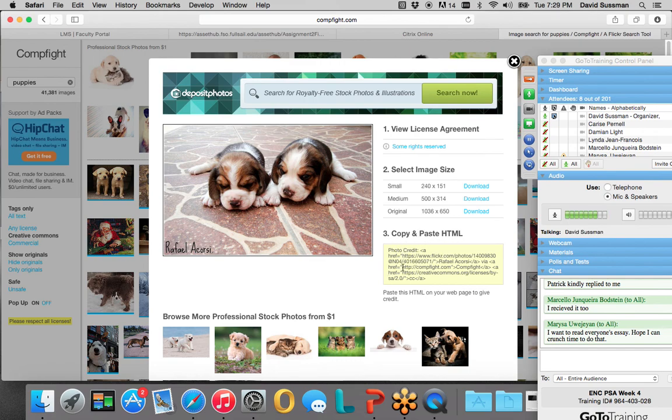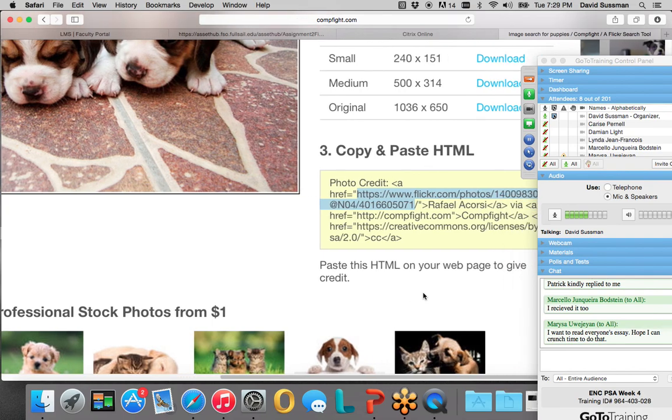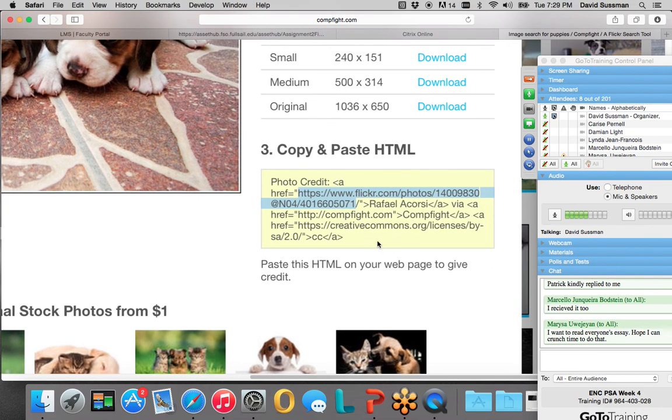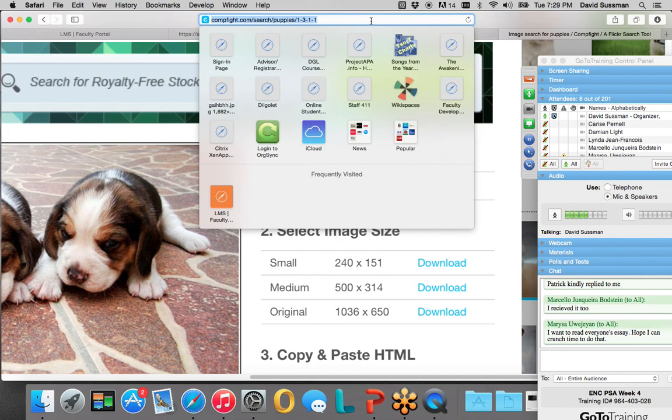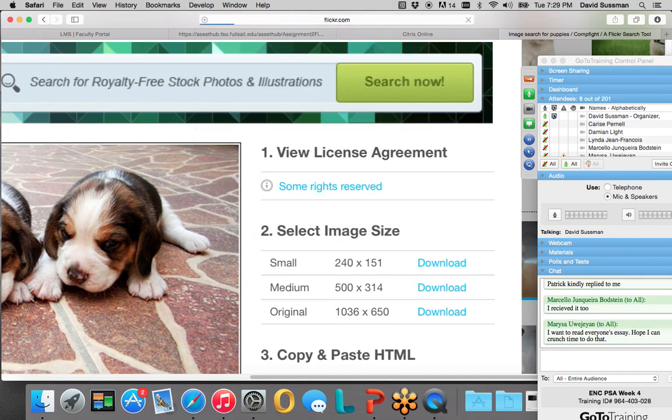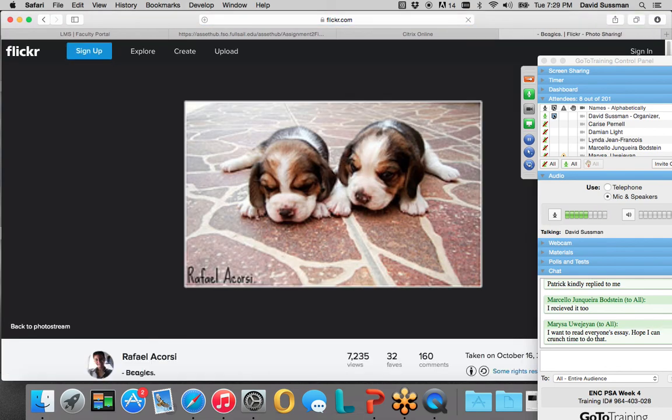Normally, here's the full HTML. This is what you would use if you were creating, let's say, a web page. But I'm just going to go in here and pick out the URL. Most of you are pretty computer savvy. You know what these terms mean, URL, HTML. So I'm going to just grab the URL, which is what I have highlighted here. All this junk here I don't touch. I just grab the actual www thing, and I'm going to put that into my browser. And I should get a pretty good result for the photo itself.